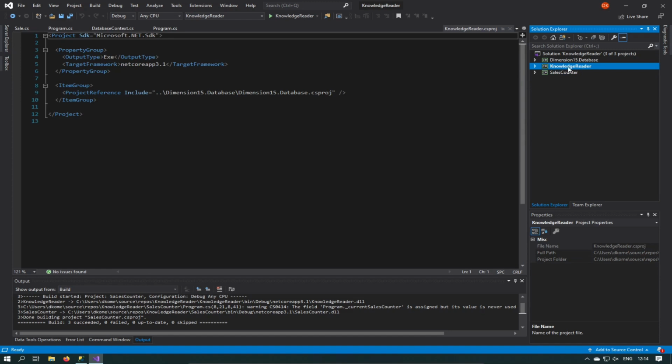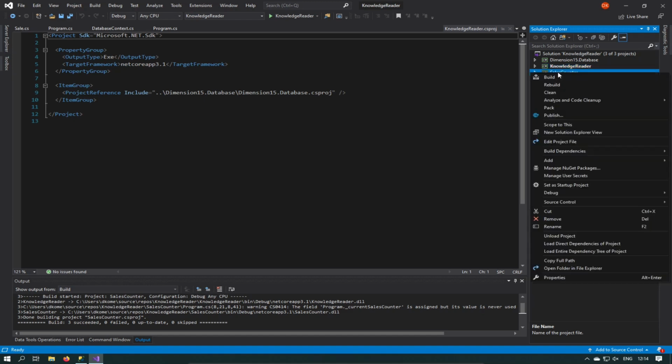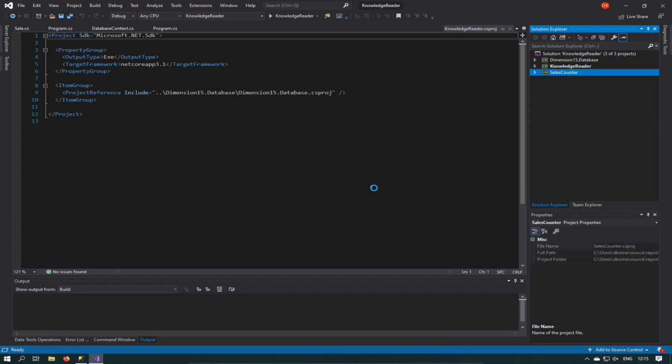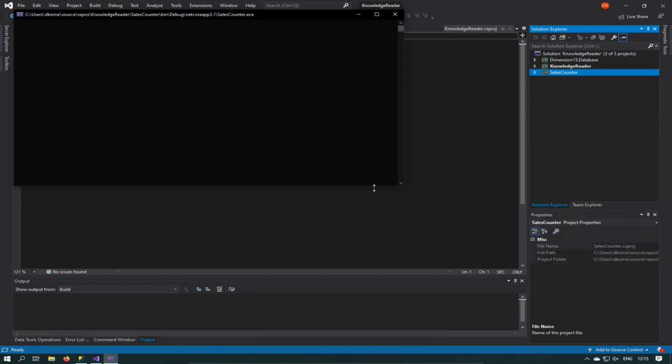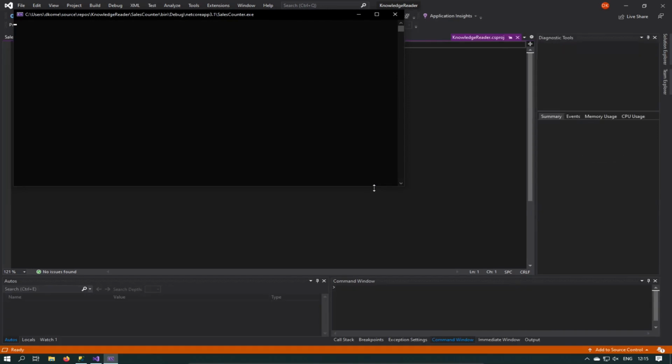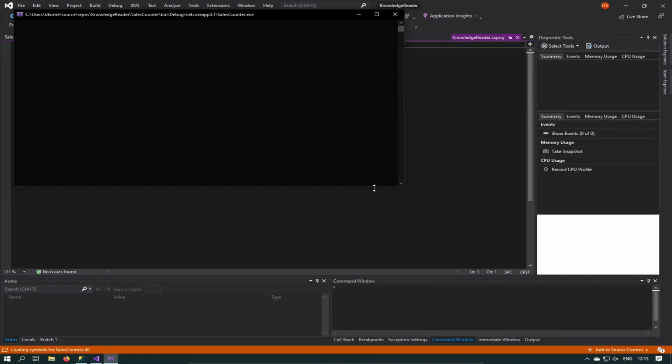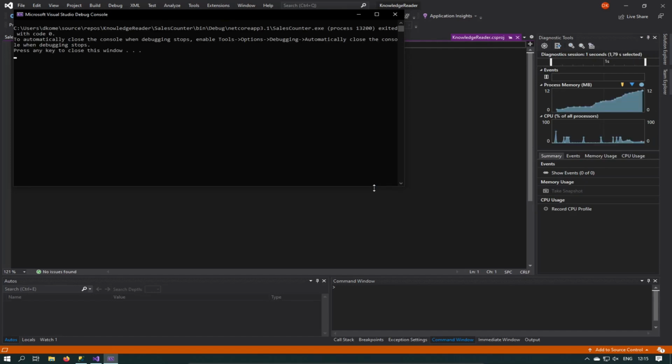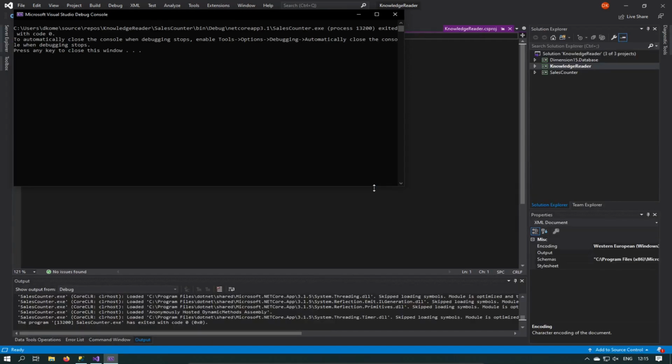We do want to run both of them at the same time, but for now we just want to run sales counter. But Knowledge Reader is set to be active. So remember I showed you we can either make this the active project, the starter project, or we can say debug and start new instance. So it's going to try and start up and talk to the database, and every 2.5 seconds it should tell us